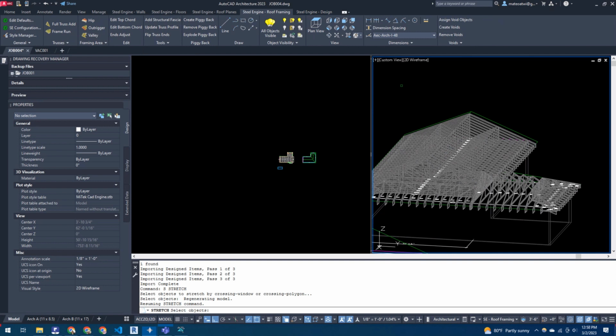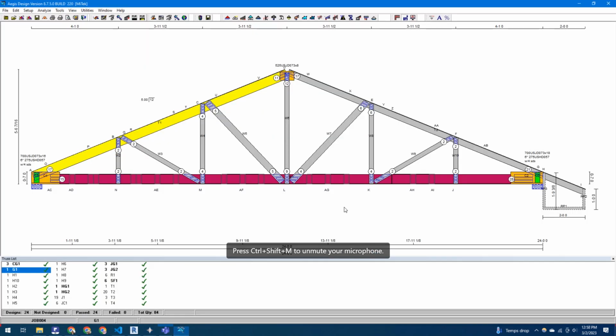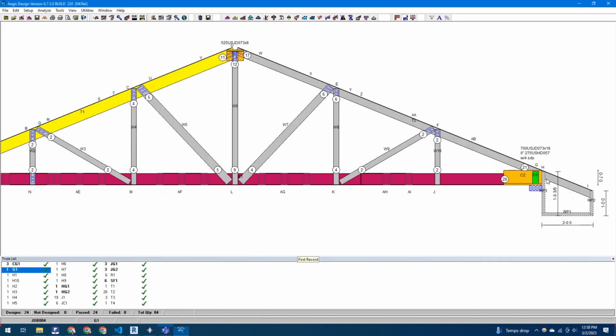Gary, we had a couple of drawing questions. One is dormers, and the second is low slope roofs with facades on the front of them, like parapets. Well, you can't put the parapet in steel engine. You have to just change the end vertical type. That would be the thing you've got to use VersaTruss for. Put a line in where the